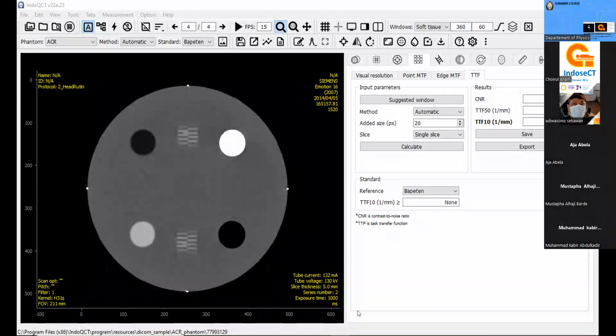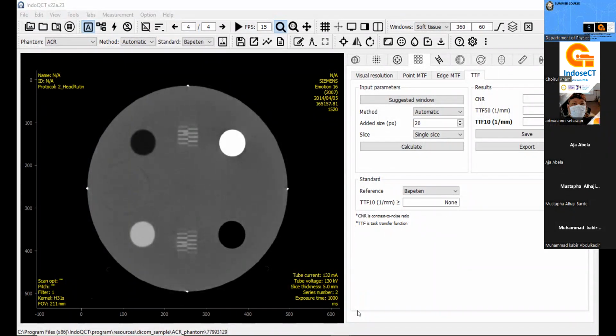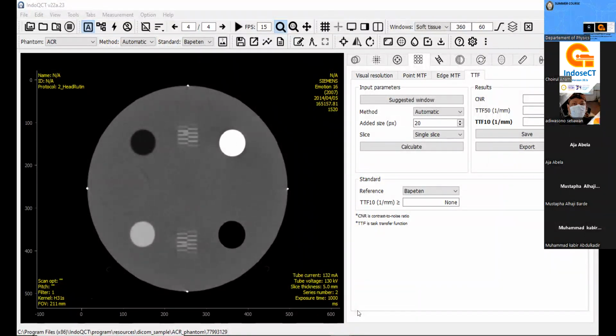Yeah, of course. I think every regulatory agency states to measure the image quality, maybe using this kVp, and maybe they state this mA, and this rotation time, and so on.